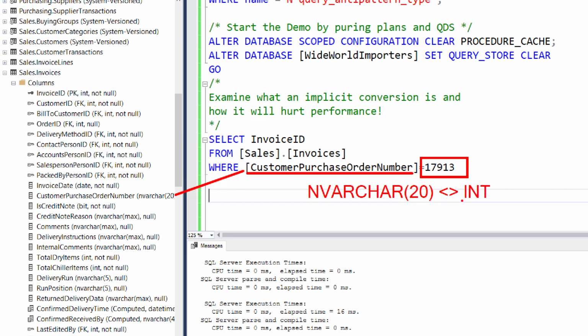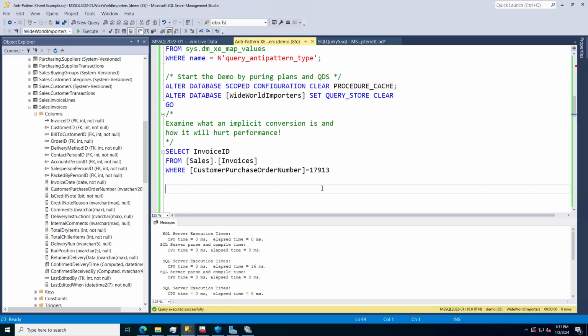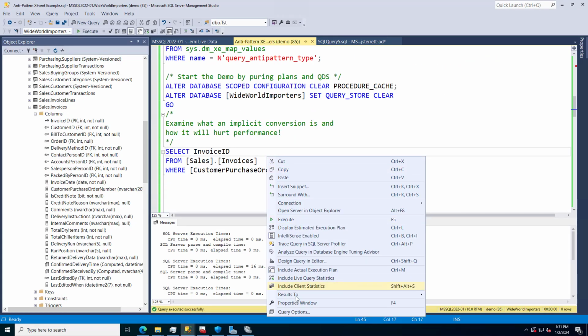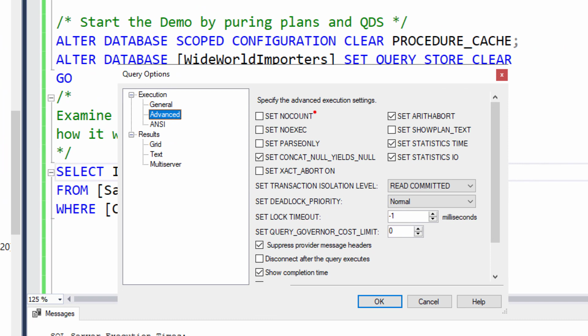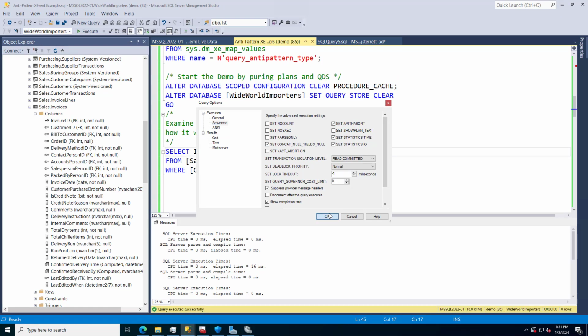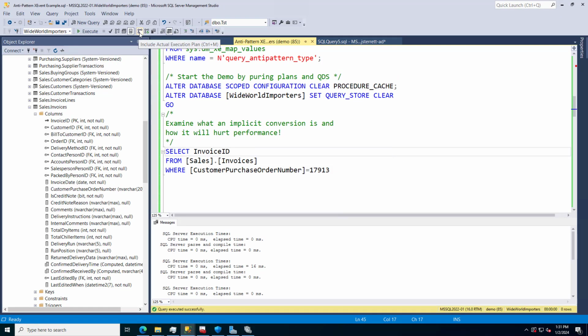And so this is important to know because when we actually go through, and I'm going to go set up here so we can actually get the statistics for how long the CPU duration was and how much I/O. As you can see, I already got that enabled, but you could do that here, or you could actually go ahead and type the T-SQL to do it as well. And then here you'll see that we have our include execution plan here. So when I run this statement here,